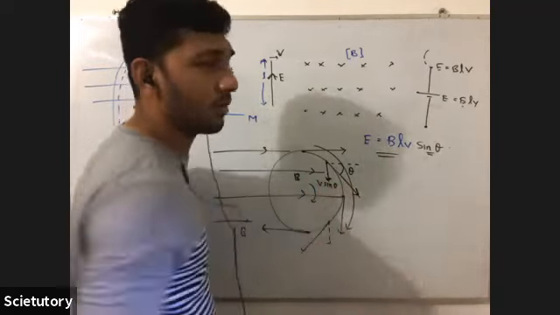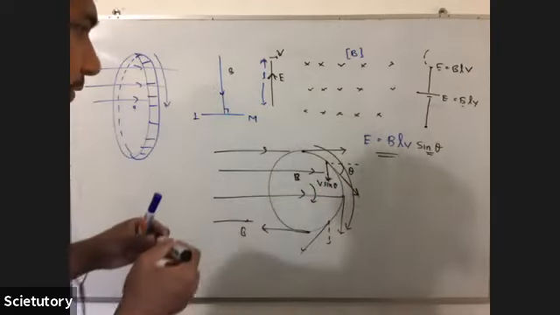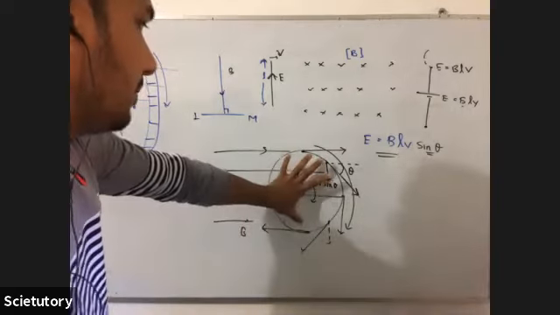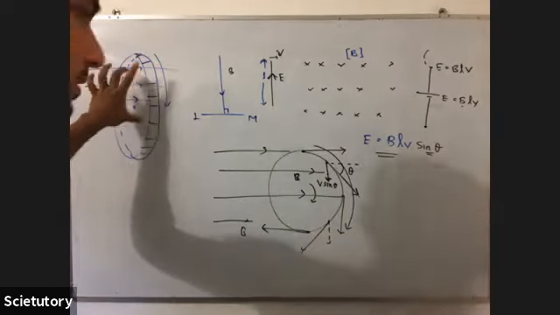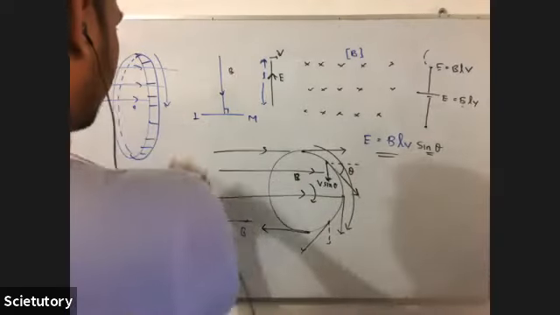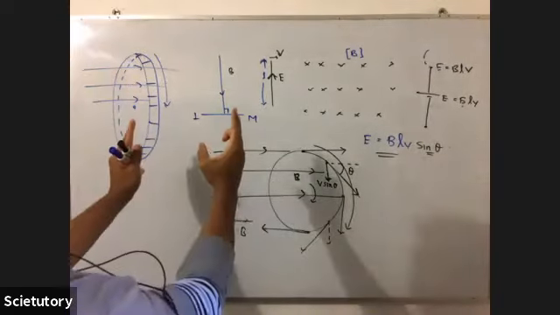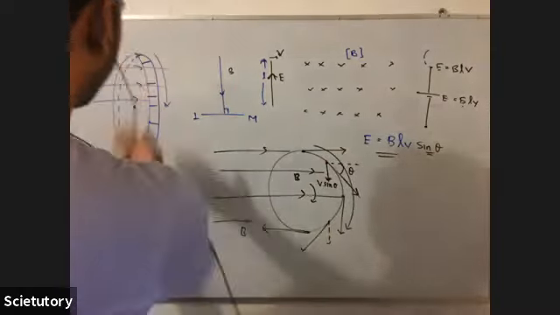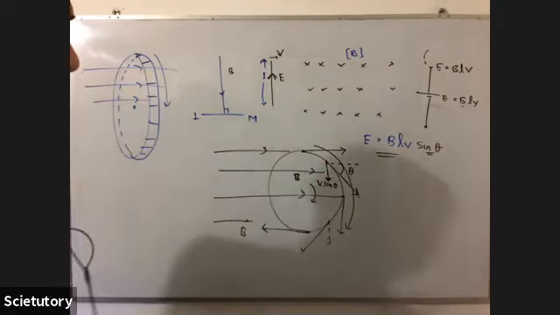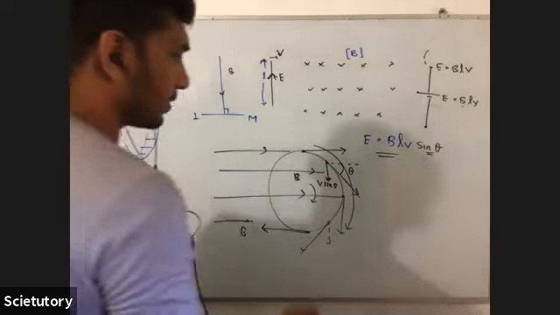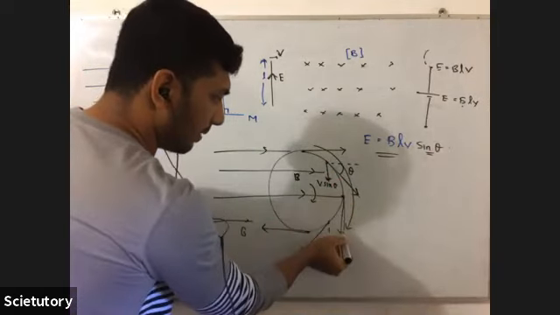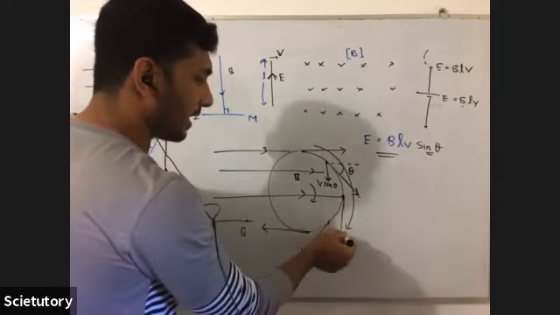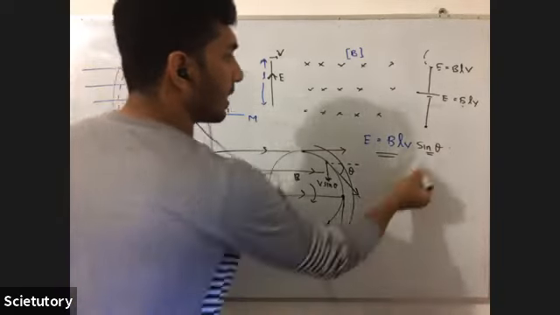You have to explain this very slowly, otherwise you don't understand. So you have to imagine, connect this diagram with this diagram. This is a side view. This is a three-dimensional view. This is like looking from the front. I mean you're in front of this, looking from here. So this is this view. At this point, you have the maximum electromotive force because it is exactly perpendicular. So sine theta becomes 1.